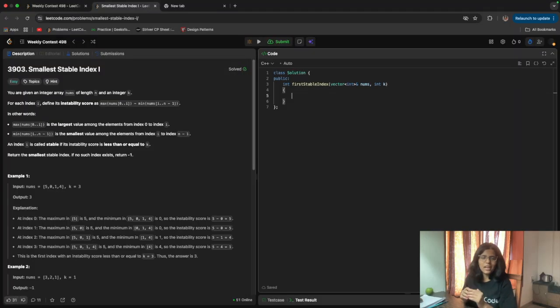So I'll write the code and tell you what we are doing while writing it. First we take n is equal to the size of nums, which is nums dot size. Then we need to traverse it: I is equal to 0, I is less than n, and I plus plus.